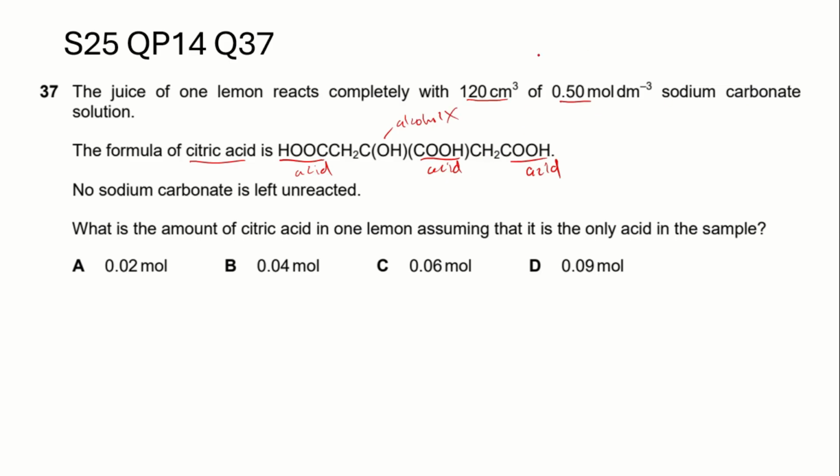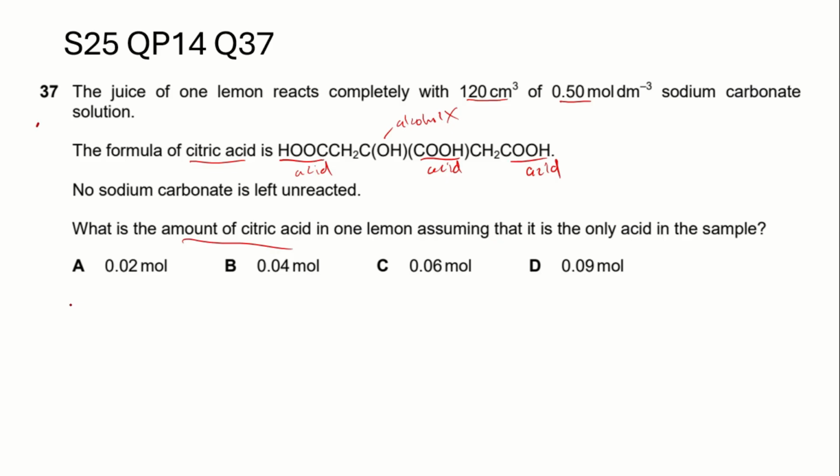Right, so this amount of sodium carbonate will only react with these 3 functional groups in citric acid, the 3 carboxylic acid functional groups. Here it says that no sodium carbonate is left unreacted. So all this sodium carbonate fully reacted with the citric acid. So what will be the amount of citric acid in 1 lemon, assuming that it is the only acid in